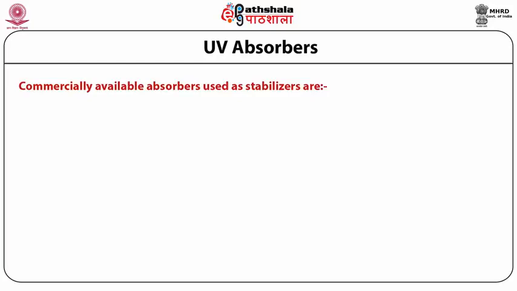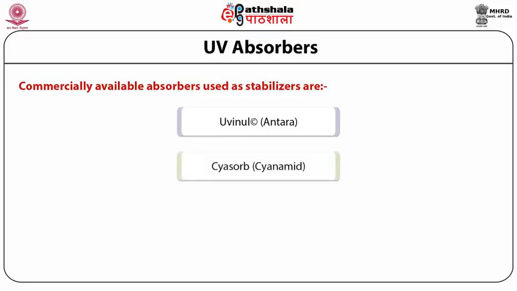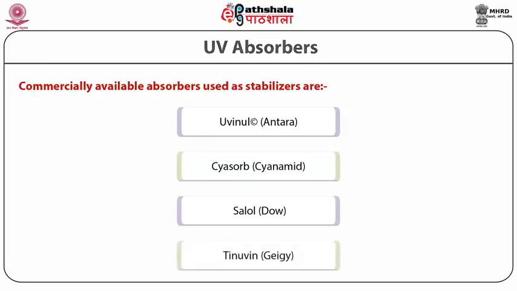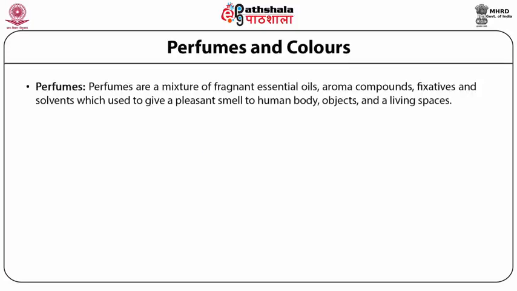Commercially available absorbers used as stabilizers include Antara, Cyanamide, Salalol, and Tinovin. The next ingredients used as raw materials are the perfumes and colors. Perfumes are a mixture of fragrant essential oils, aroma compounds, fixatives and solvents which are used to give a pleasant smell to the human body,